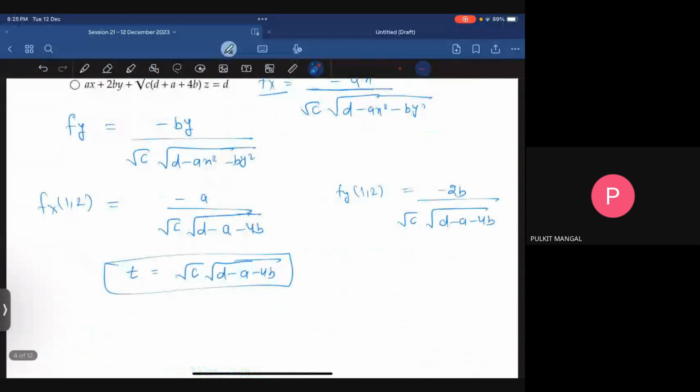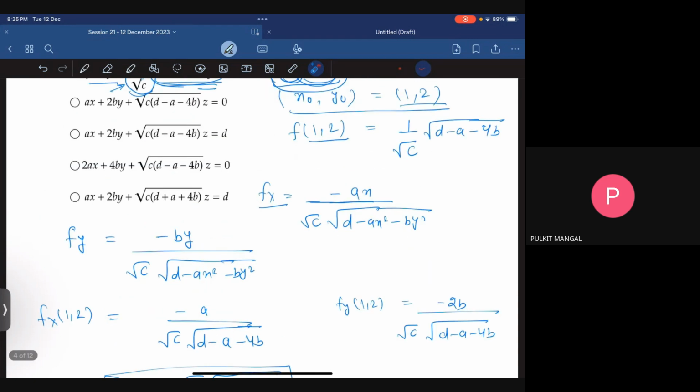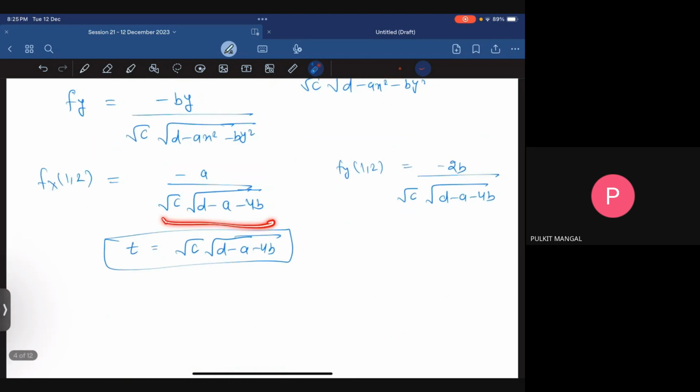Now what I have done here: this expression, under root of c times under root of d minus a minus 4b, I am considering as t. There's no specific reason for this, it's just that this is a big equation. In f of 1 comma 2 that we found, fx and fy both have the same expression, so I'm just writing this as t